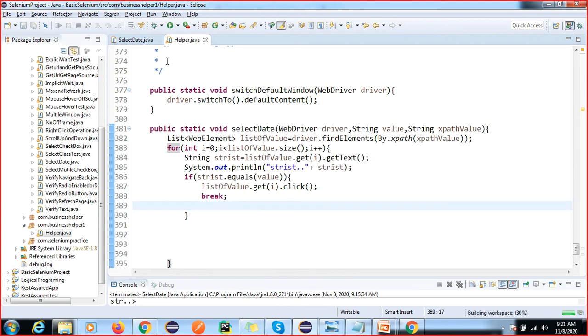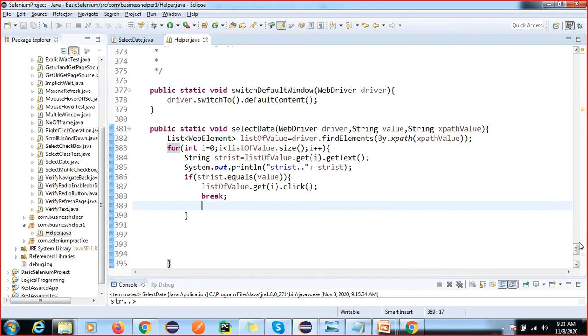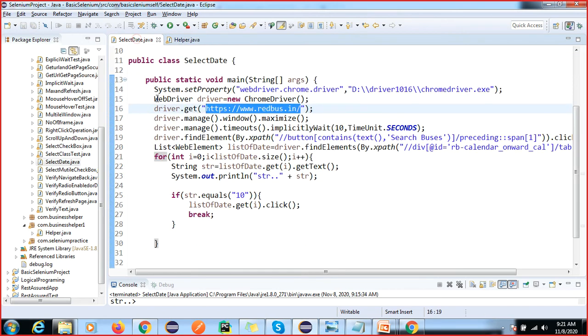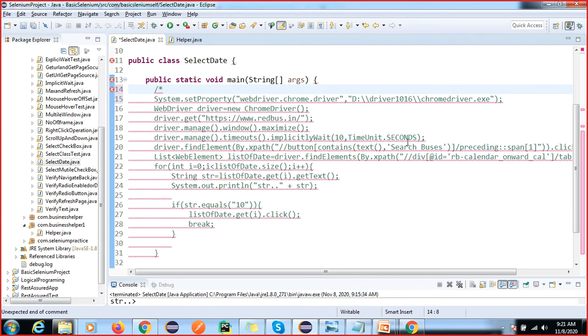Now what I can do is reduce the lines of code. I will just change this to select date, so I do not need to write this line of code. I am writing all these steps again only for your practice.